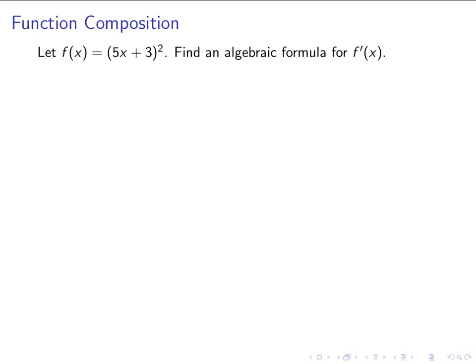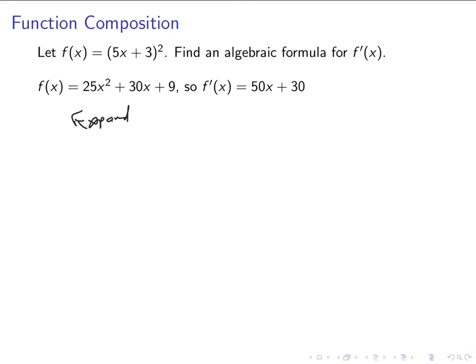Here's an example of a problem where we're asking for the derivative. And in this case, we actually have a couple of choices for how to do it. We have the option here, because of the (5x+3) squared that we have here to take the derivative of, the algebra there is not too bad, so we could have just expanded that. If we just expand,